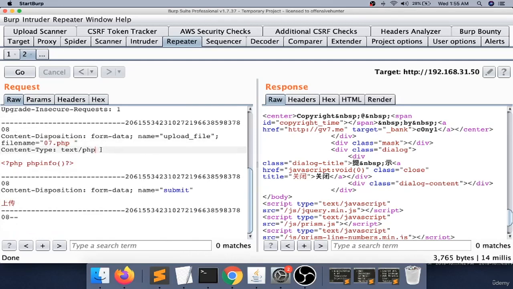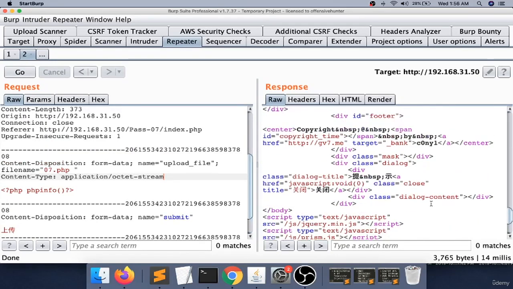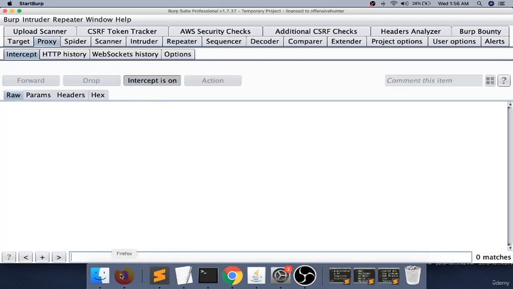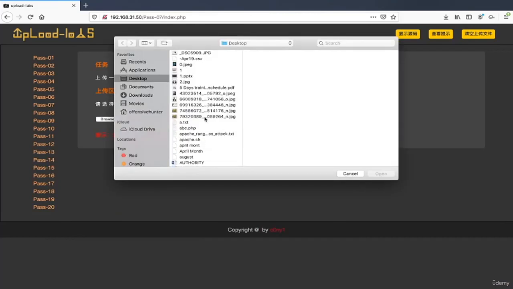Let me do one thing. Instead of text/php, I'll give application/octet-stream. Let me do this. Let's click on go. Now what's the status? There's still an error. Let me capture one more time. Okay, so intercept is on now. I'll capture